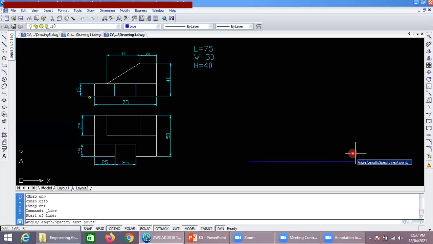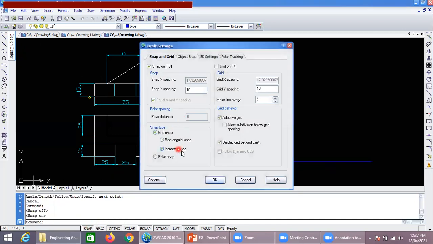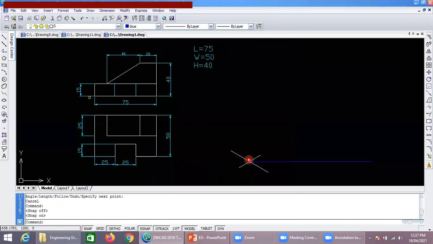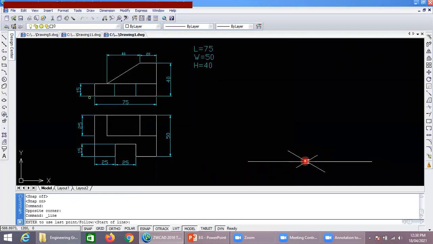So this is the baseline. From this baseline, we are supposed to draw the isometric axes, which are equally inclined with each other. Now we have to draw the axis. So this is the axis.